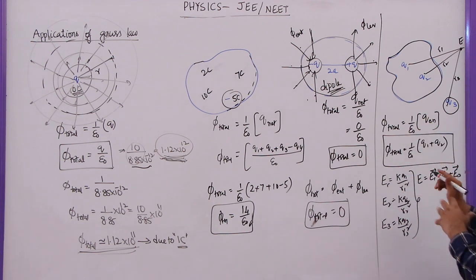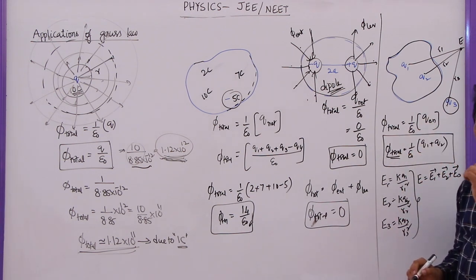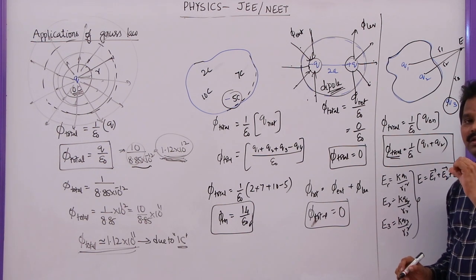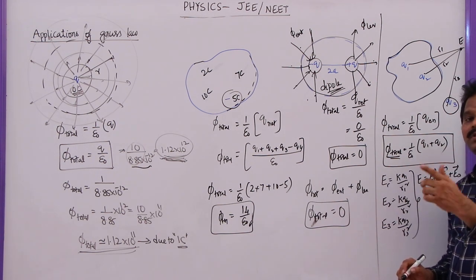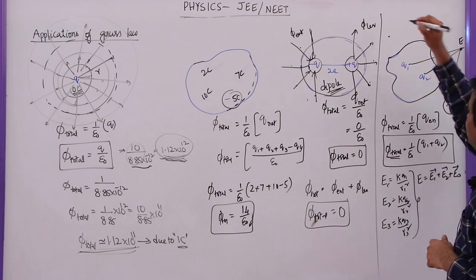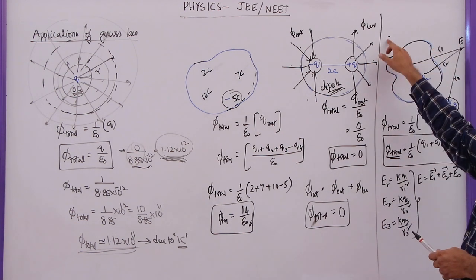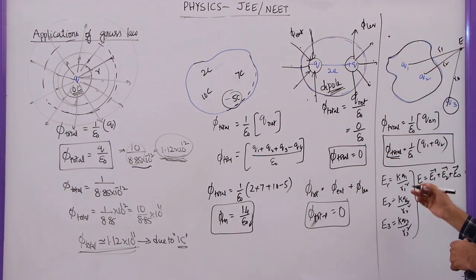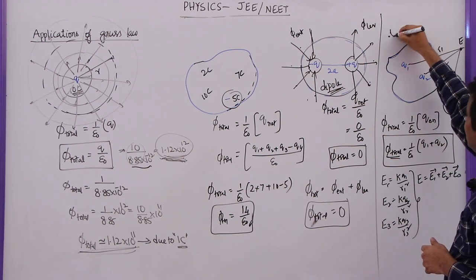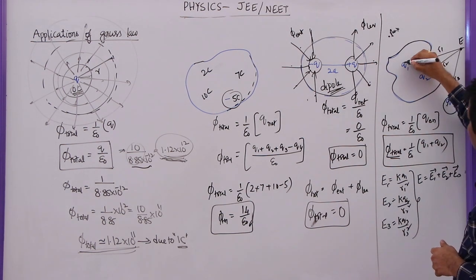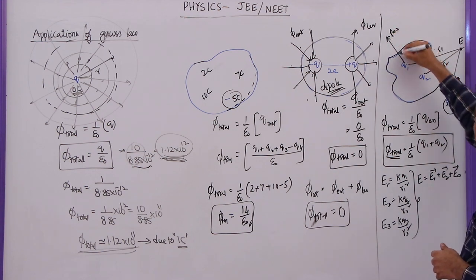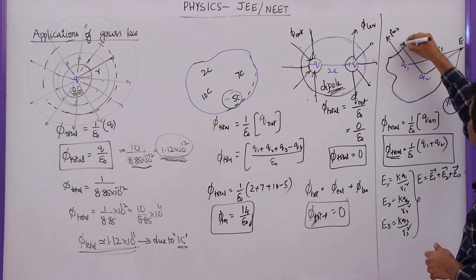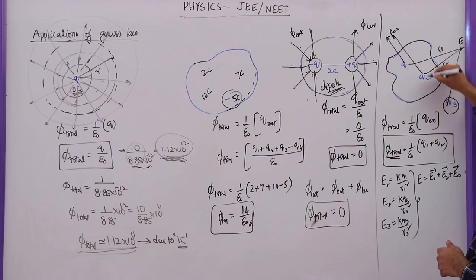But if you want to find out the flux, we have to calculate only the net charge enclosed by the Gaussian surface. For example, if I want to find out the electric field at this point, this is R1, this is R2, this is R3. So by using the same concept, you can find out the electric field. But how to find out the flux here? As it is a positive charge, lines are coming like this, and due to this lines will come out, and due to this also lines will come there.